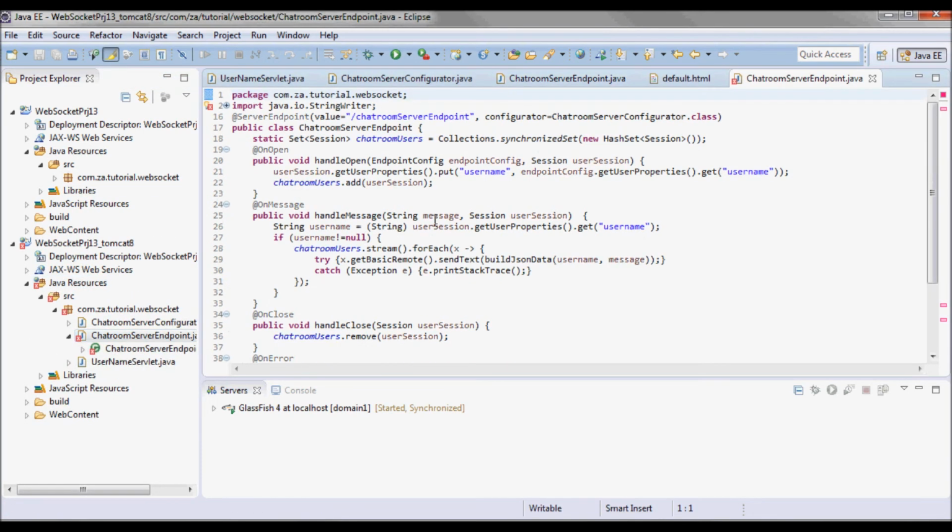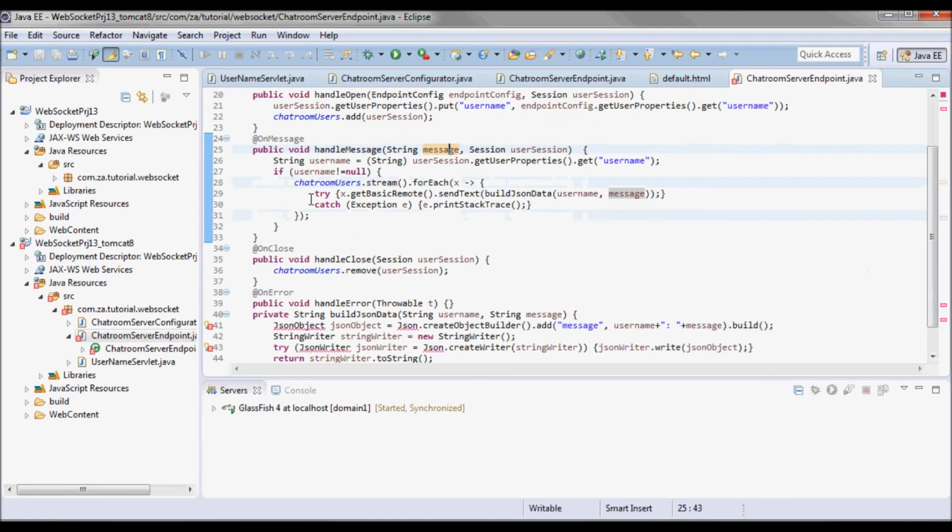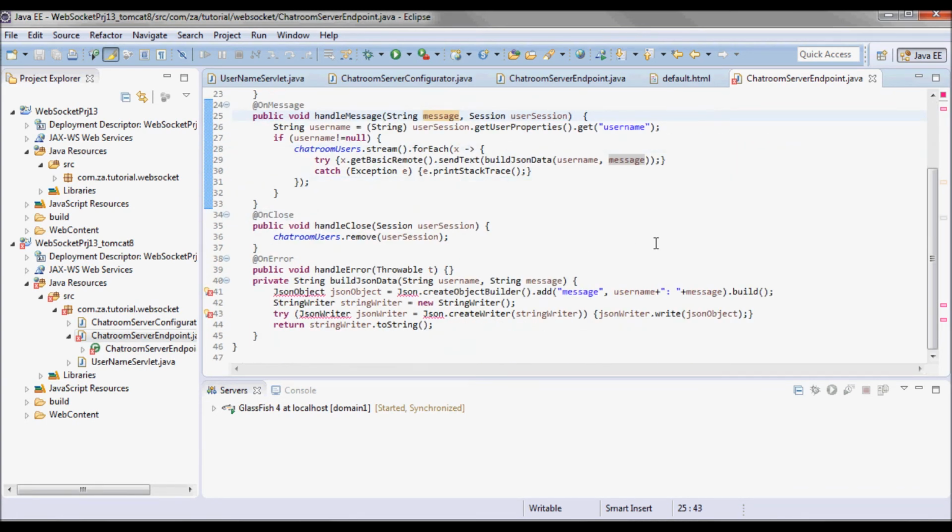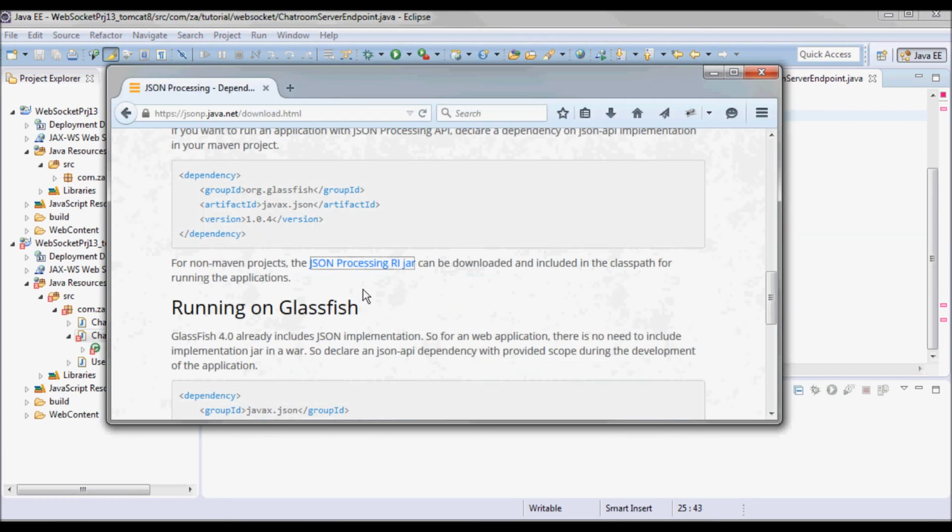And it's gonna complain about JSON, so we can download the JSON jar from here, from this website.